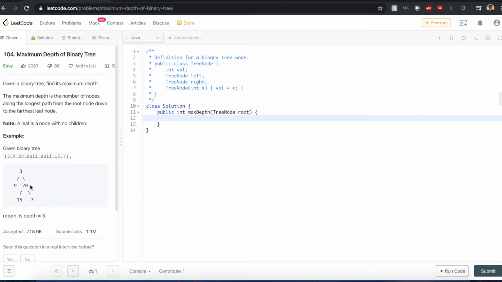I went to 20. Could it go farther? Yes, it can. 15 and 7. So I go ahead and do that again and go to 15. And could it go any farther? No. But what I do know is that I went 2 paths farther, and that's like the maximum distance I went so far. So the maximum depth technically here is,